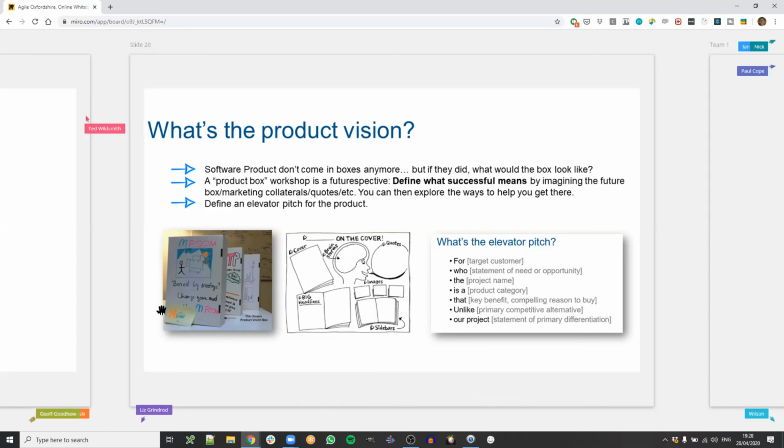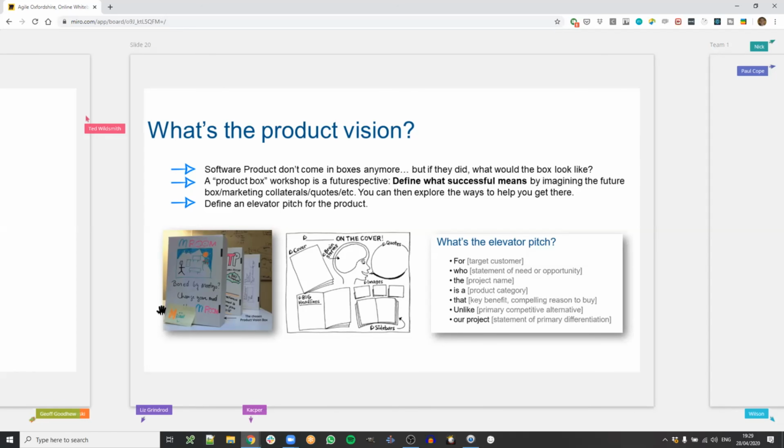So you have a cool exercise where you can get people to draw pictures and put text and so on. This is a really cool little exercise to visualize what the product is about. And it's a nice little future perspective exercise, where you set yourself in the future. So it's the opposite of a retrospective, where you look back in the past. Here you look into the future.